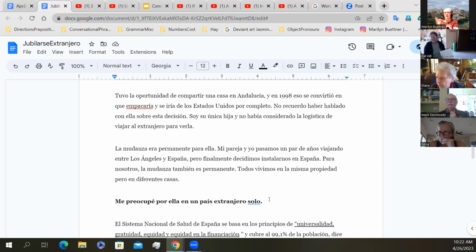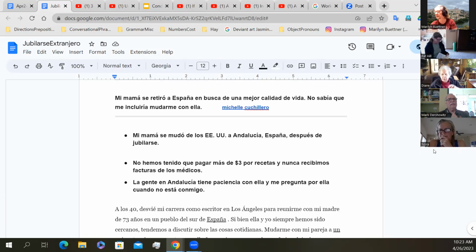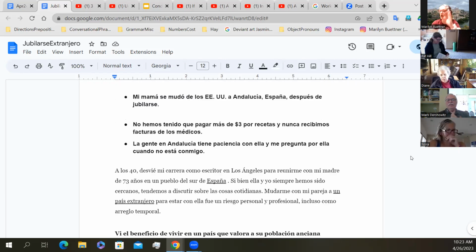So when you get an article like this, here is my advice. Give yourself a limit and be strict. Give yourself a limit of between 3 to 5 words, and only allow yourself to look up 3 to 5 words and try to get the rest from context. Okay, buena pregunta, what a good question. And I probably should have given you that advice before I sent you off with this article. But, okay, por ejemplo,